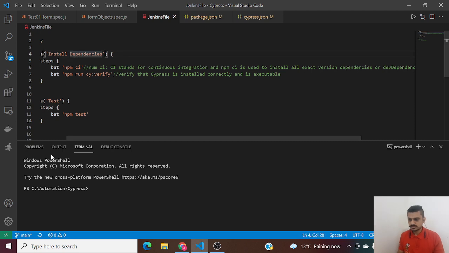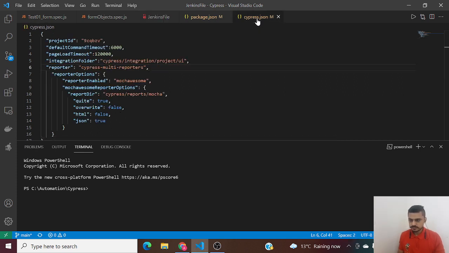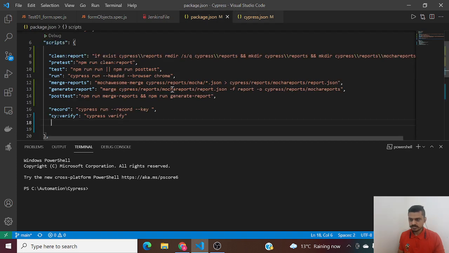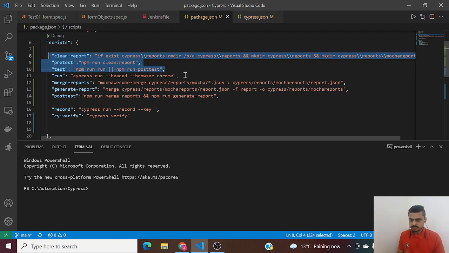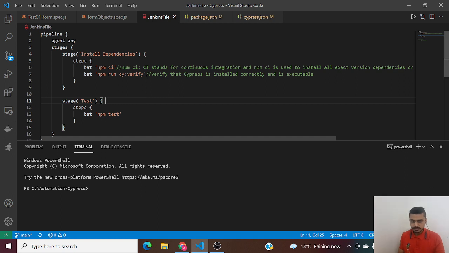That is what the install dependencies stage would do. And then we have the test stage, which will run npm test. Now npm test we have already specified in our package.json, right? So what our npm test was doing, it was just executing this command. You might experience a few changes in this. This is because I have integrated Mocha Summary Reporter also. So now we are covering Jenkins and Mocha Summary Reporter, and then we will continue with our actual framework building activity. Okay, so now let's go back to the pipeline. So these are the two stages for now, guys.